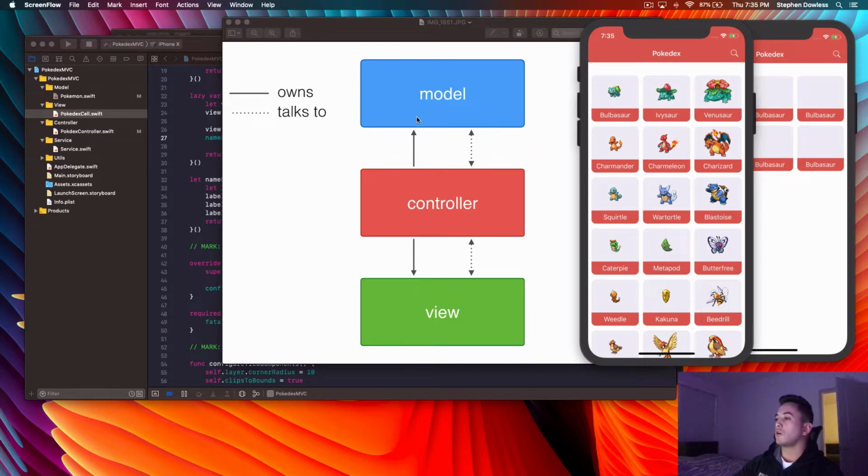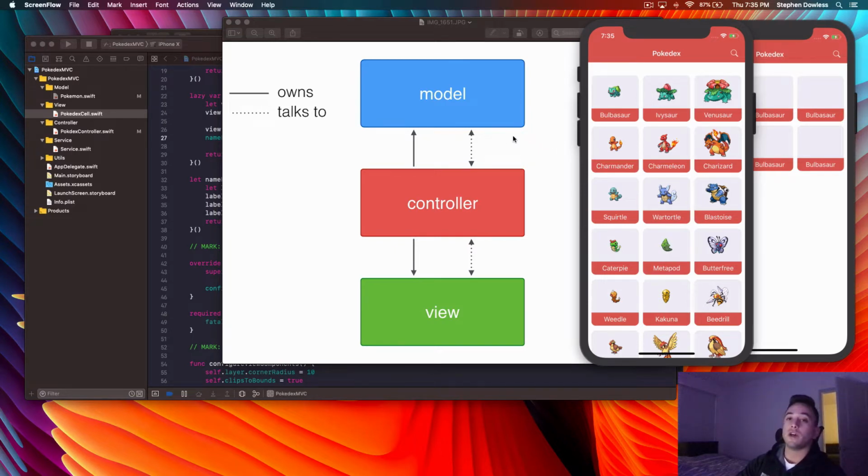So the controller also owns our view, which is our collection view that we see here, each one of these cells. So we populate each one of these cells with a Pokemon, but we do that through the controller. So the controller goes and talks to the model and says, hey, I need all the Pokemon that I need to populate the view with. The model gives the controller back all those Pokemon, and then the controller goes ahead and updates the view and then gives us what we see in front of us here. So that's a quick explanation on the relationship.